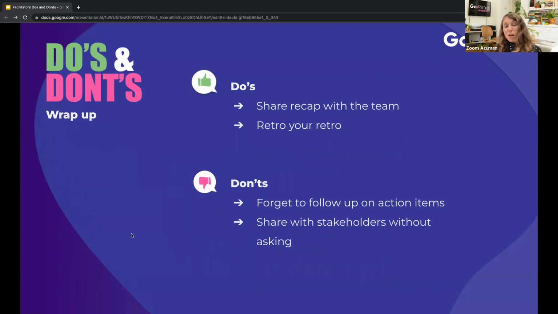And the last stage of our retrospective is wrapping up the meeting. First do here is share the recap with the team. Sharing the results of the retrospective sends a great message of the importance of the meeting and its conclusions. You don't want to just export for the sake of documentation, right? A lot of people are required to document what happened, but it's really important to share it with the team